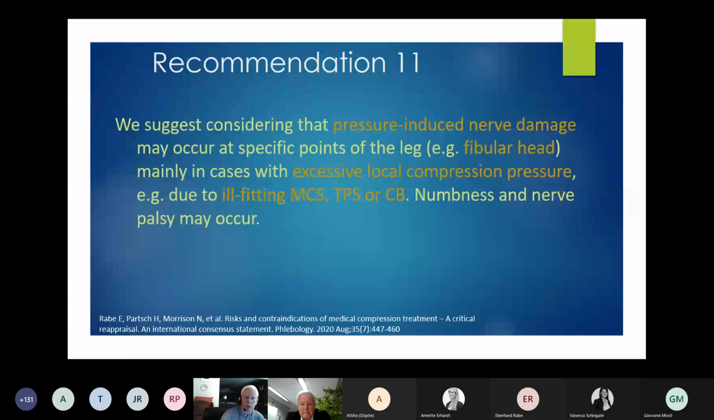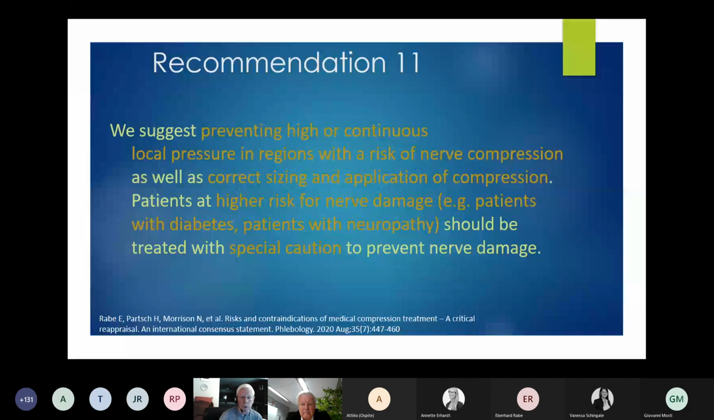And then we suggest considering pressure-induced nerve damage, particularly, for example, around the fibular head. Excessive local compression pressure may be due to ill-fitting compression hose, thromboembolic stockings, or compression bandages. And to prevent these local pressure regions of nerve compression, the correct sizing and application of the compression is warranted. Given the higher risk for nerve damage in patients with diabetes and neuropathy, special caution should be applied. And again, I applaud the previous